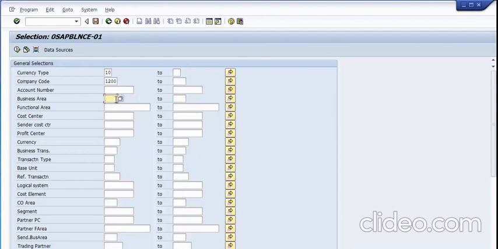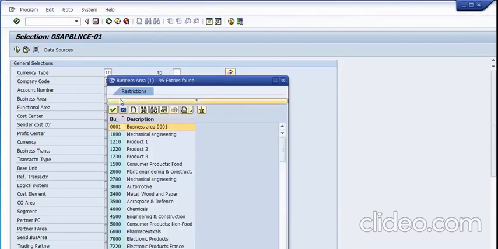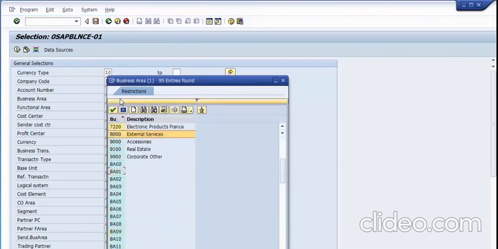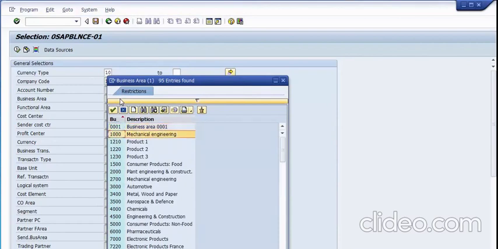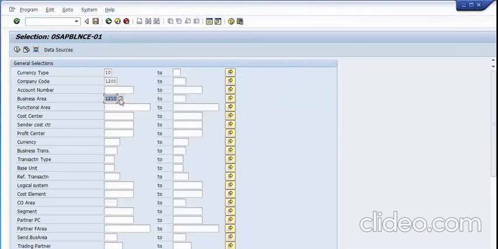Moving to the next is business area. If you have a business area concept and you want the GL balances for a particular business area, you can put the particular business area, and on the basis of that, a particular business area report can be generated. If we go for the search options, there are different business areas as you can see, but which of them is applicable for your company code, you need to know that, and only that should be taken up. In my case, suppose I take the business area as 1210,